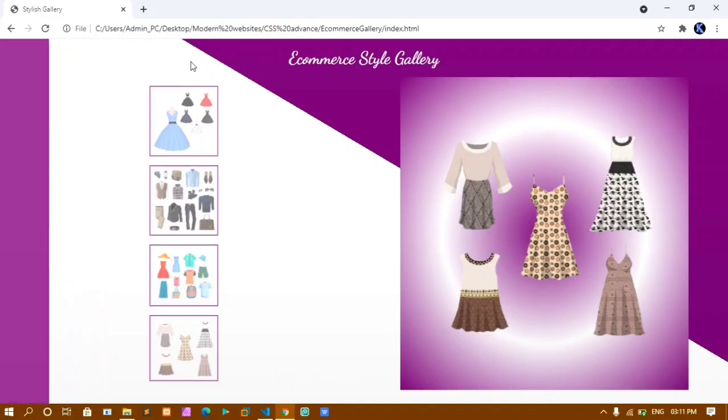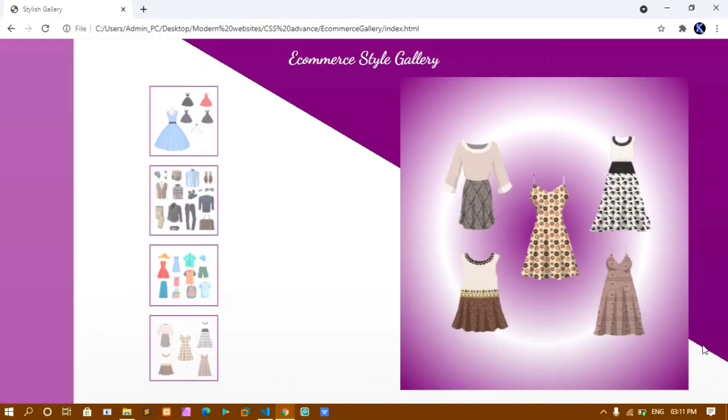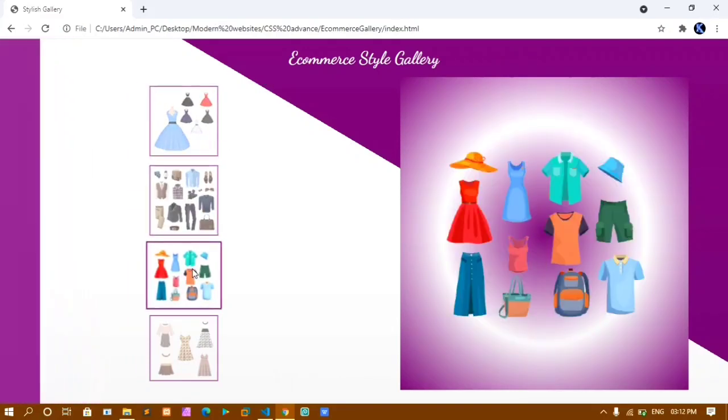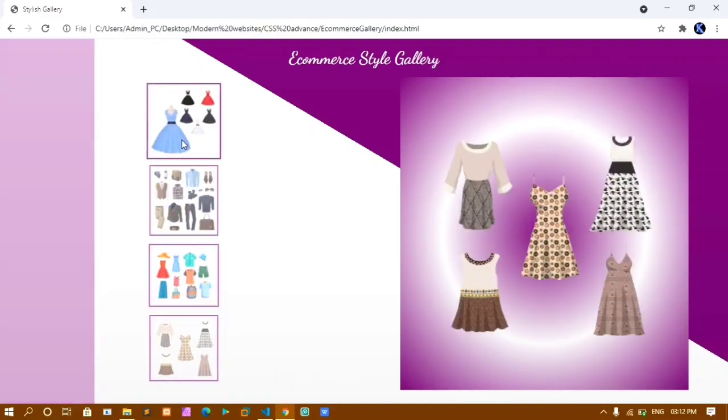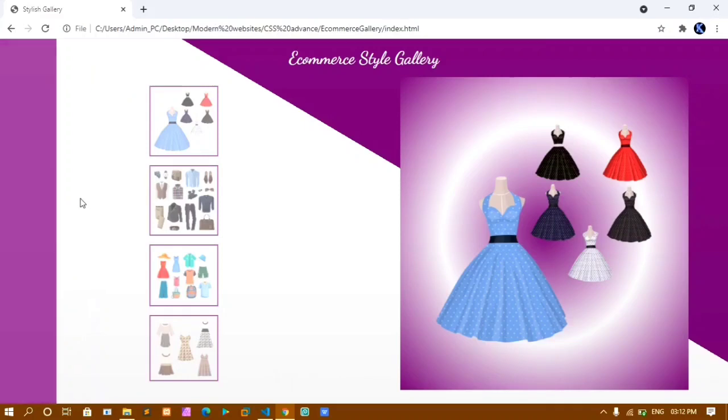I have not used clip path here. Okay, if we use clip path, the output will be only this much, this entire screen will be clipped. So I have used linear gradient here. Okay, we will see how to use linear gradient and how to add this kind of effect, and for this we will be using a little bit of JavaScript, so that whenever we click on this button I will be getting these images here. Okay, we'll learn about animation as well.